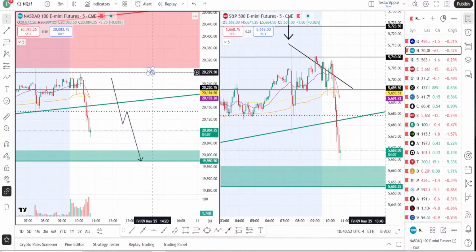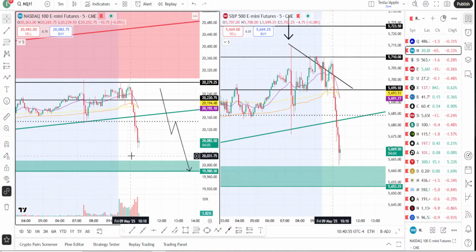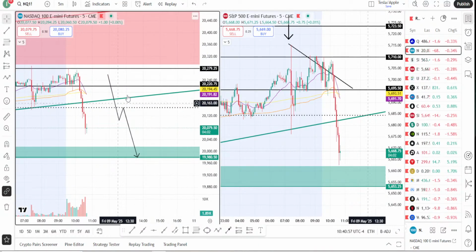We can take this out of the play for now. We'll look for it later if we happen to get above there. But for now,